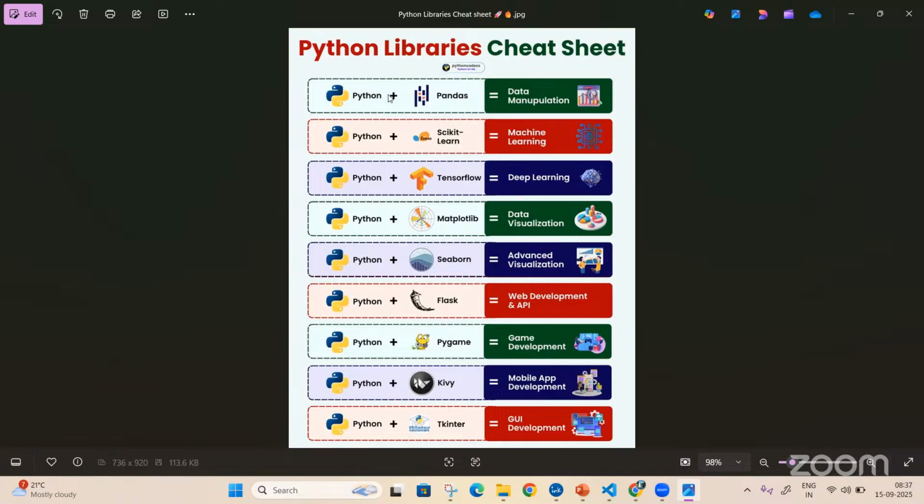Others can just import that and start working on top. How to create libraries and all, we'll see in further classes. But since it's open source, more than 5,000 libraries are there. We can easily import them and work on top. Okay. Fine.